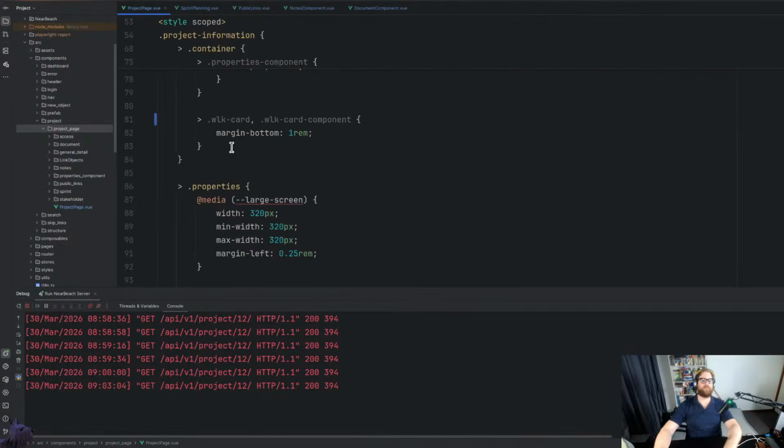Which we can do in the CSS. So if we have that card, margin bottom,